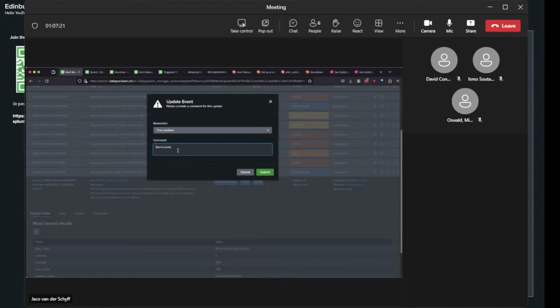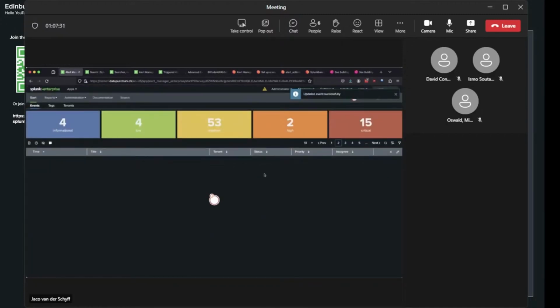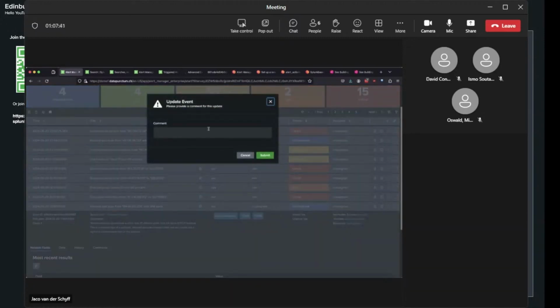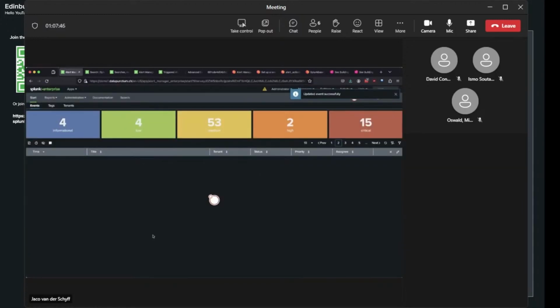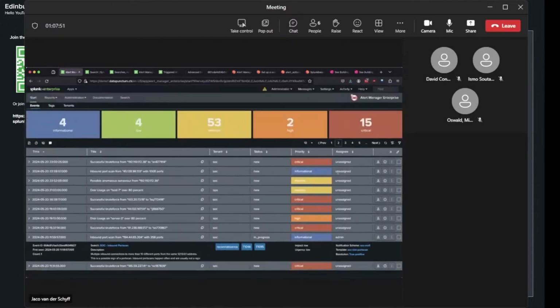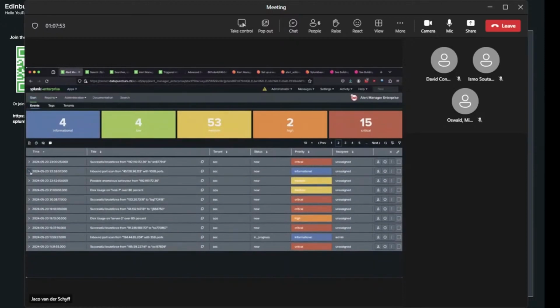And I'm going to say demo event, true positive based on input data. Good, there's my event updated. Now we can see it is in progress, and I am going to assign it to me. Good, and now we have the event here assigned as admin.